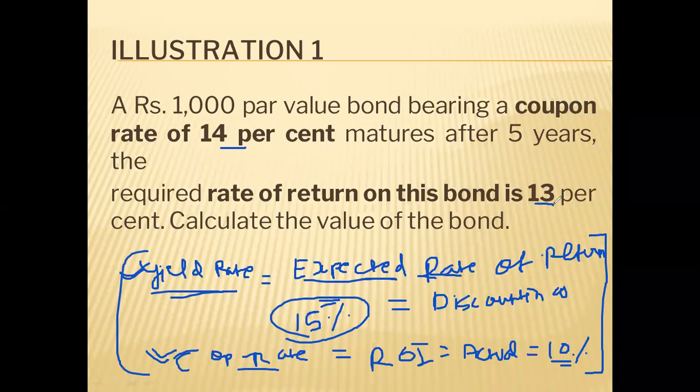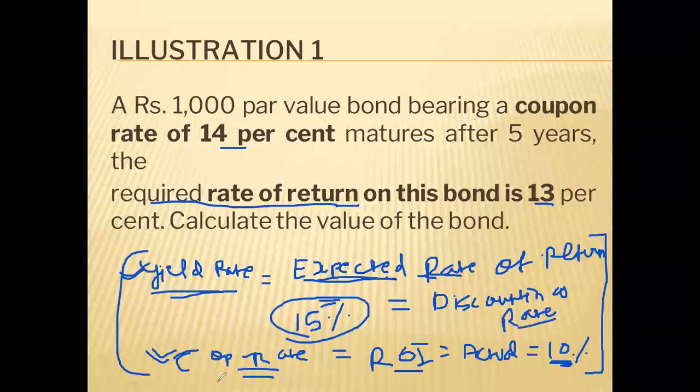And we will find three answers to understand the relationship between the yield rate and the coupon rate. So just understand, yield rate is your expectation, market expectation, and coupon rate is the actual interest rate which the company is giving. So this is the difference between the yield rate and the coupon rate. And yield rate can be called by different names, such as expected rate, required rate. All these indicate the yield rate, and more popularly you can call it the discounting rate.